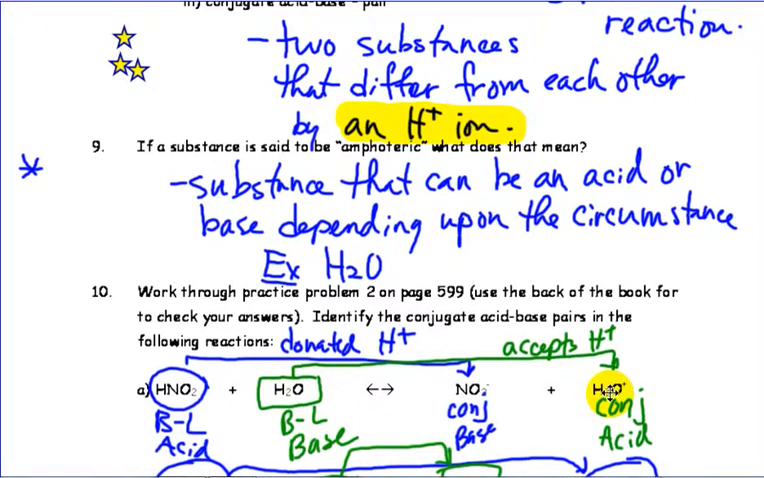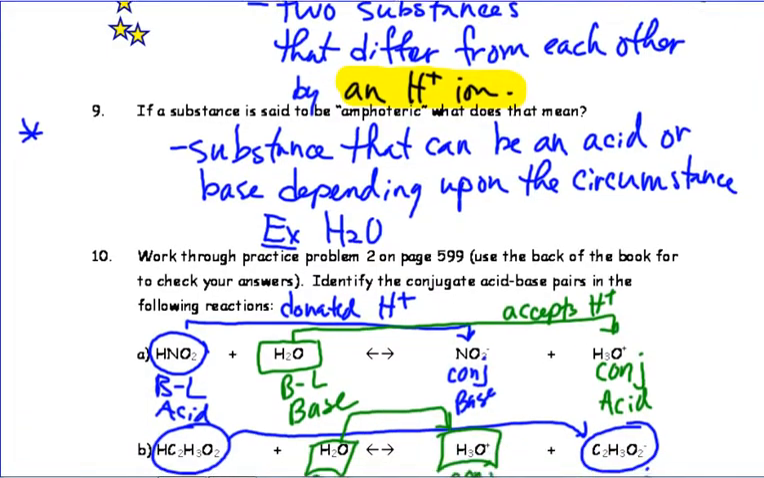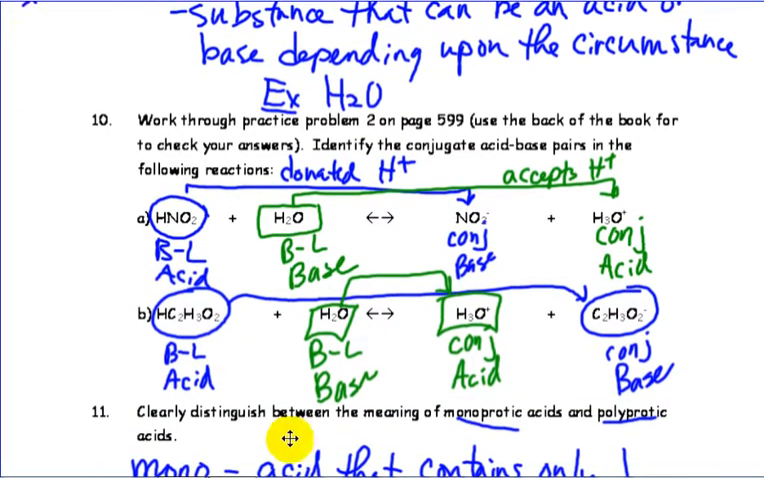H2O becoming H3O, it received an H, it accepted an H, so it is a Bronsted-Lowry base. Going in reverse, H3O becomes H2O, so it loses an H, so it's behaving like an acid. So paired up acid, we refer to that as conjugate acid. The last one here,